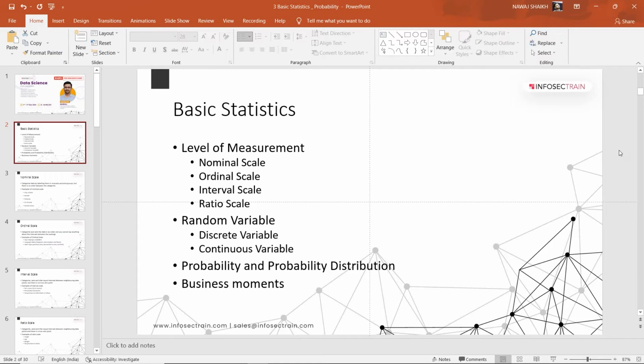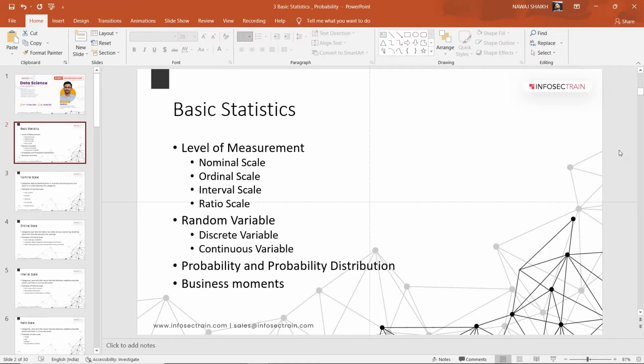The most important aspect of data science is nothing but statistical analysis. Because when we are talking about developing and finding insights from the data, we need some statistical analysis part.